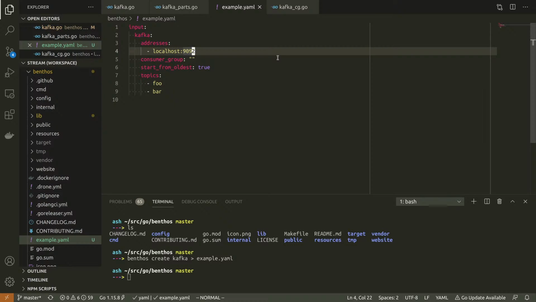So yeah, you're going to have to explicitly set an empty consumer group, and that indicates to Benthos, hey, we don't care about any stored offsets for these topic partitions, we just want to consume from wherever we've said. And because we've got start from oldest set to true, that means the behavior is when we don't have a stored offset, we're going to get the earliest possible one. This config describes we want to get all the partitions of both of these topics and we want to consume them all